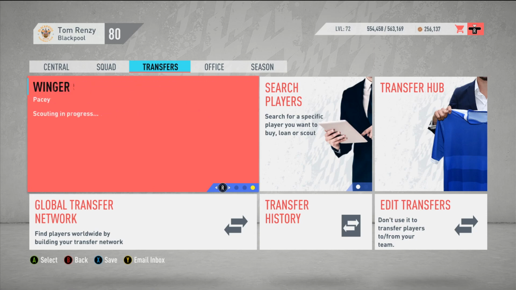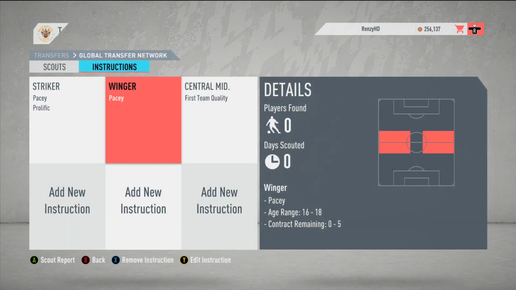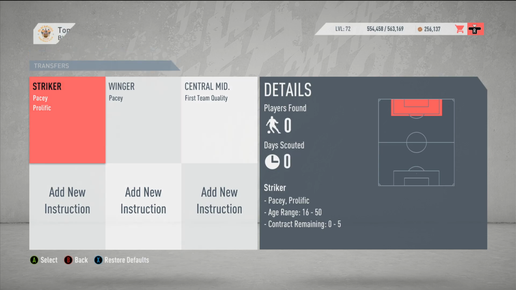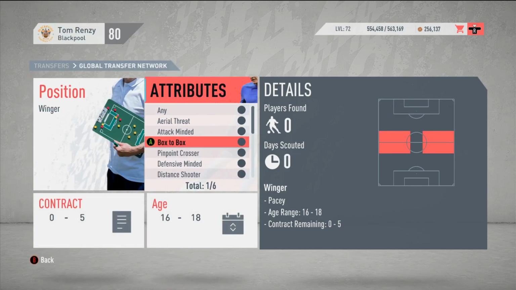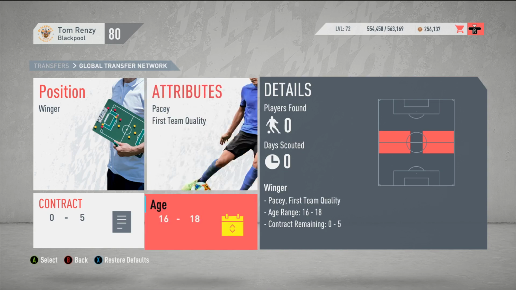You can see here I put 2 new ones in. So I've got Winger, Pacey, which to be honest I want to put first team on there just because I don't want some sort of like 50 rated winger. So we just add first team quality to that. One second. Oh, never mind. Yeah, here we go. Edit, and Pacey, but I also want him to be first team quality as well. So we'll add that in. And we got him 16 to 18 because I don't feel like...